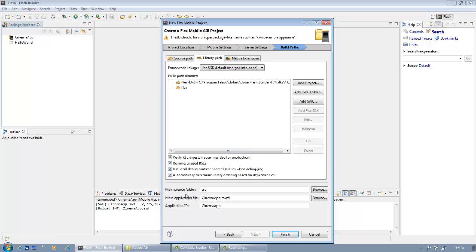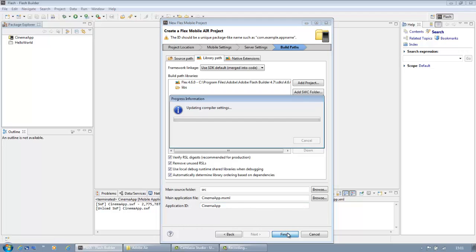Down here we can see that our main source folder is going to be SRC. This is going to be the folder that contains the default package with the files in that run when the application runs. The main application file is cinema-app.mxml. It's going to create that file for us when we create the project, and that's going to be the first file that's run when the application is run. And finally, the application ID is cinema app. Basically, that's what it's going to be called. So if we just click Finish,